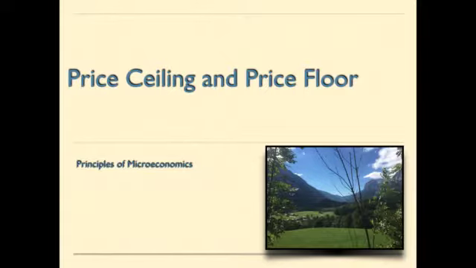In the previous video, we looked at a market equilibrium and why markets have a tendency to move towards equilibrium. What we're going to look at here is, for example, government intervention setting prices in a particular market. Either setting the price below the equilibrium or setting the price above the equilibrium, and the impact on that particular